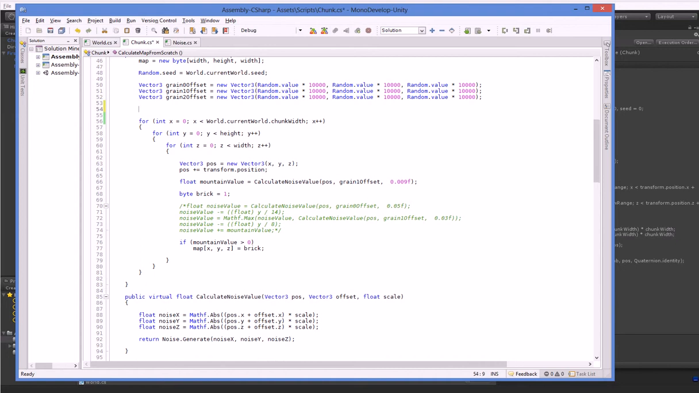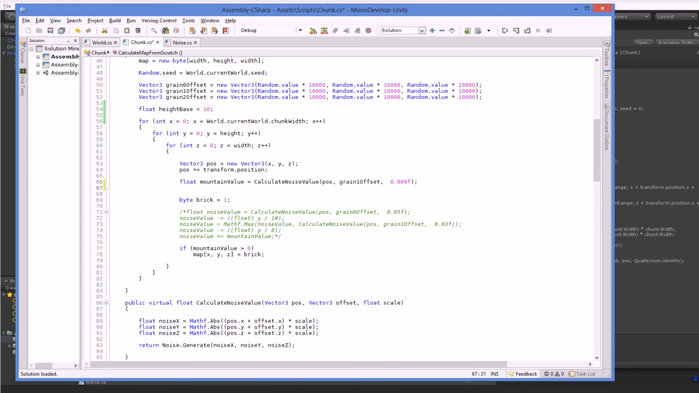So we're going to go ahead and say float height base equals 10, and that's just going to be, if it's below 10 it should always be solid according to the mountains, although obviously the noise value later will manipulate that. So mountain value calculate noise, and then we want to make it so that mountain value will be weighted down so that 0